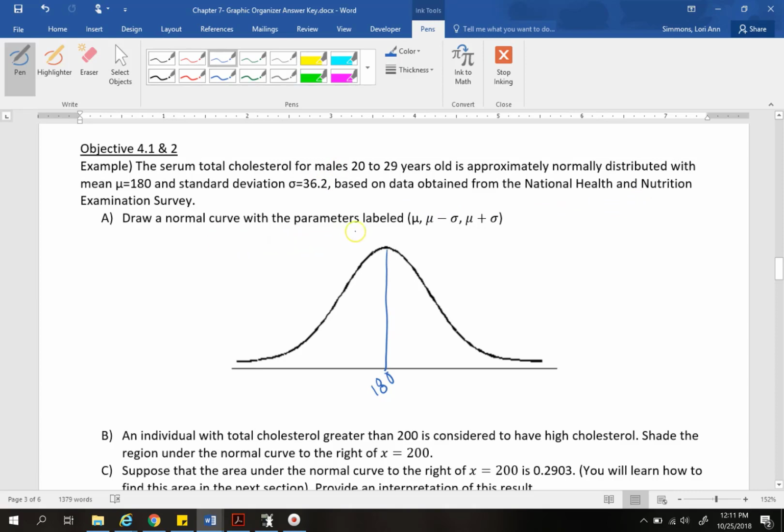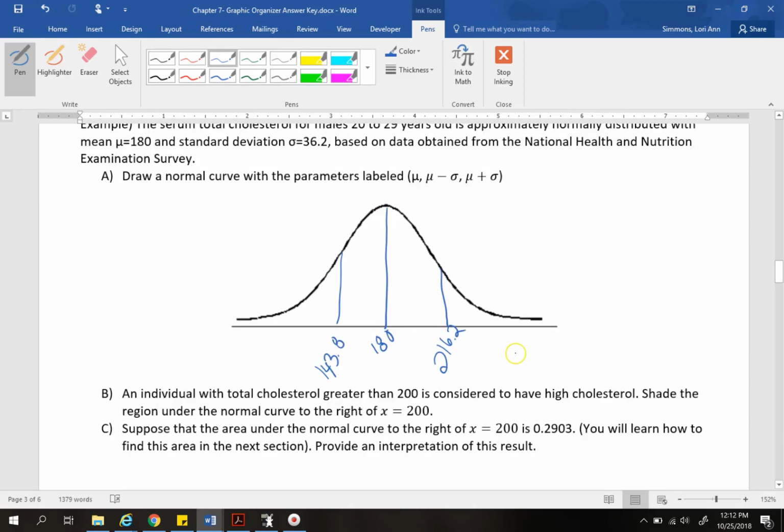Draw the normal curve with the parameters mu, which we just did, mu minus sigma, and mu plus sigma. So that would be mu minus sigma is 143.8, mu plus sigma is 216.2. B,